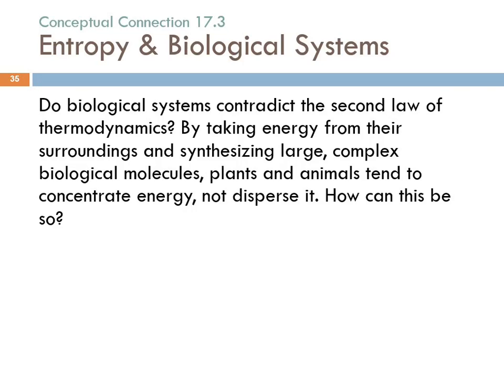How does that work with the plant? Plants take carbon dioxide from the air and water from the soil. They also need trace minerals and stuff, and they make that into sugars and starches and cellulose, but they're also dispersing entropy to the surroundings. They also have light energy coming in from the sun. So if you look at all the components and add them all up, plants and animals do not violate the second law of thermodynamics.